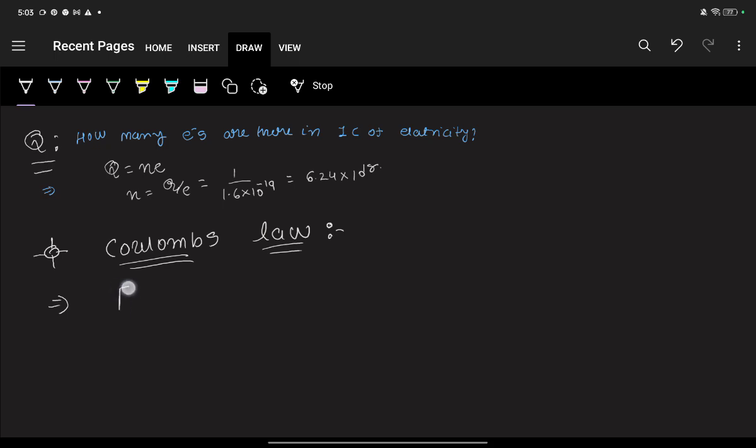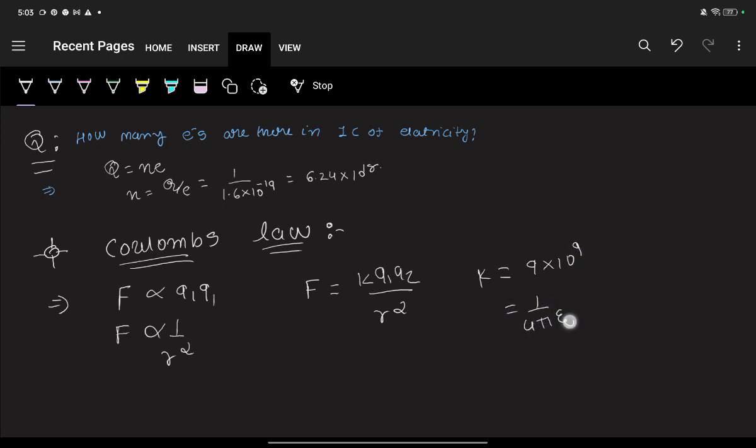So I'm not going to discuss the whole thing, okay? Coulomb experimented on this and found out that force is directly proportional to the product of charges and inversely proportional to 1 upon r square. So F is given by k q1 q2 by r square, and the value of k is 9 into 10 raised to 9. We can also write it as 1 by 4 pi epsilon naught,